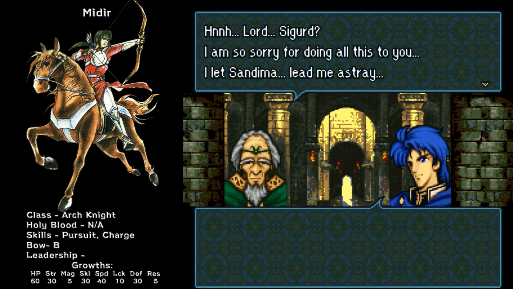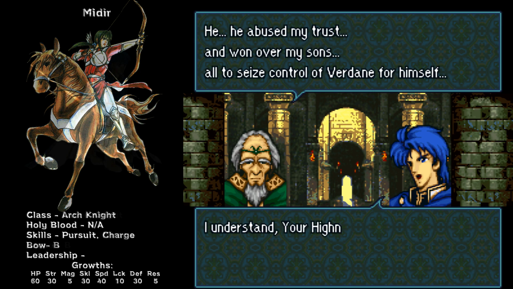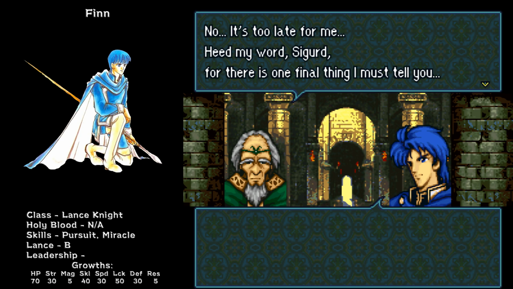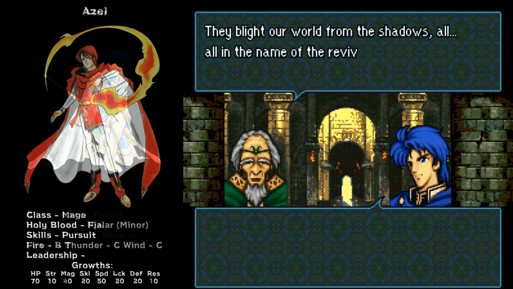Lord Sigurd, I am so sorry for doing all of this to you. I let Sandyma lead me astray. He abused my trust and won over my sons, all to seize control of Verdane. I understand, Your Highness, but you need to rest. Please, you mustn't stress yourself. No, it's too late for me. Heed my words, Sigurd, for there is only one final thing I must tell you. The misery here, the grief spreading across Jugdrol, it is all the will of a dark priesthood. They blight our world from the...